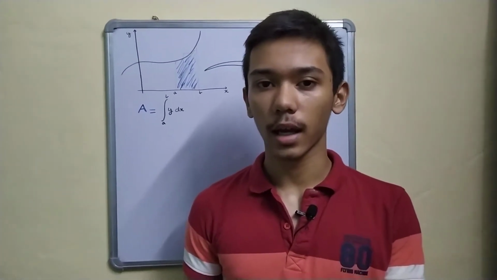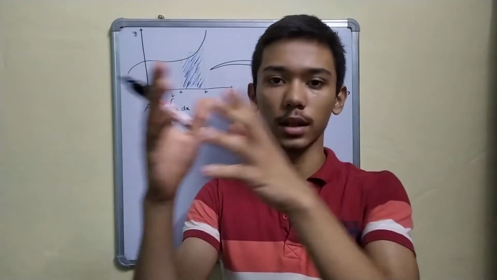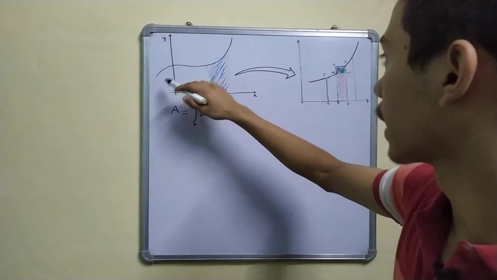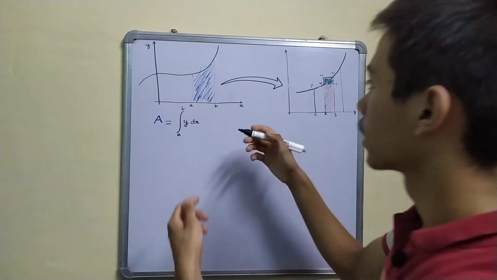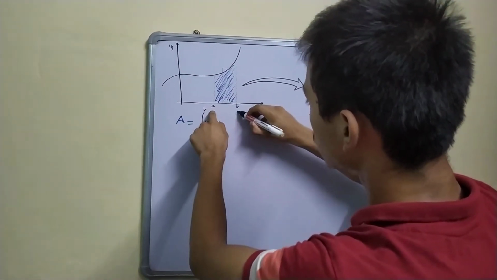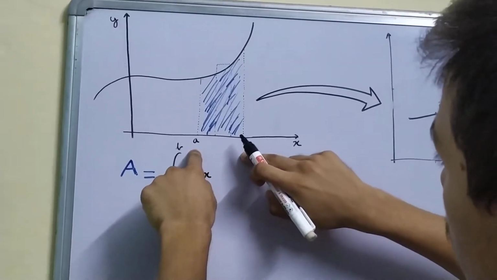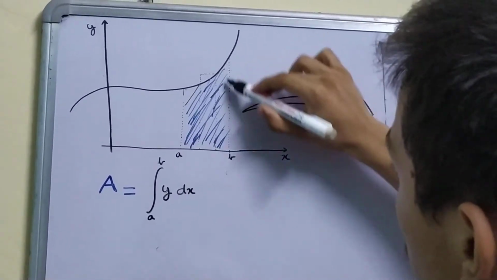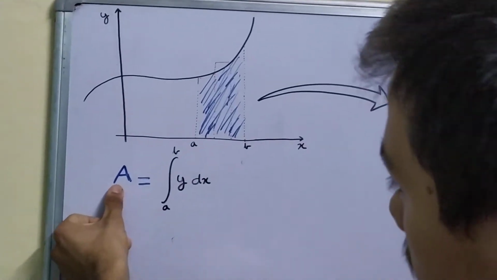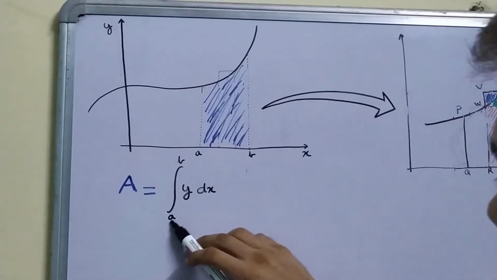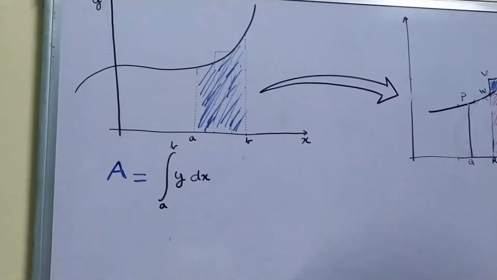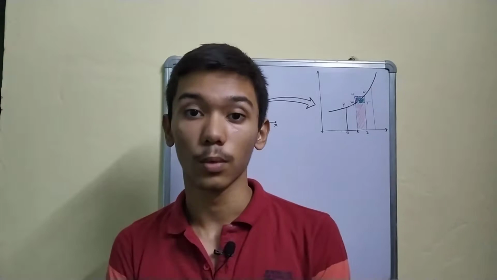Welcome to another video in my calculus playlist, and today I'll show you how area relates to the definite integral. In other words, if I give you a function f of x, which is the same thing as y, it will enclose some area between two points on the x-axis, say a and b. This entire area between a and b is given by the definite integral of y with respect to x, from a to b, with these two limits. And in this video I will show you why that is the case.